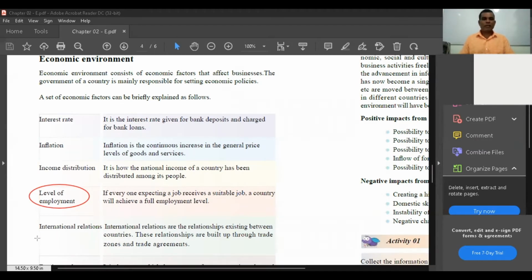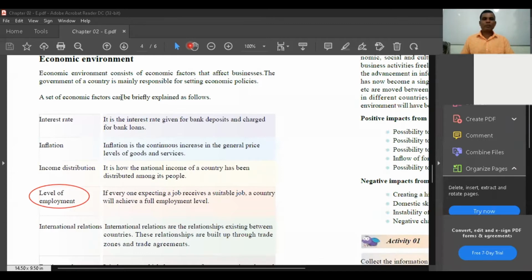So that is why, look at here, it is emphasized that if everyone expecting a job receives a suitable job, a country will achieve a full employment level. If all the people expecting jobs are supplied job opportunities, it is called full employment. If there is full employment in the society, it is favorable to the business as well as to the economy. Then the other one is what we call international